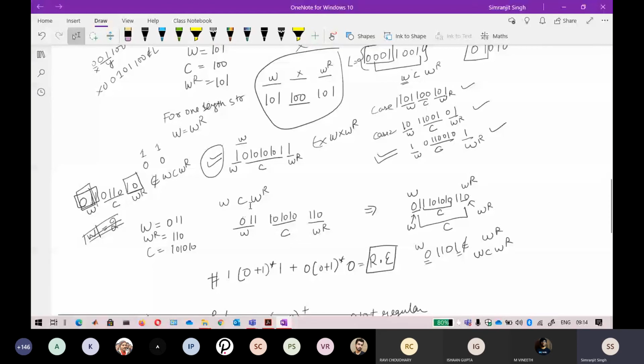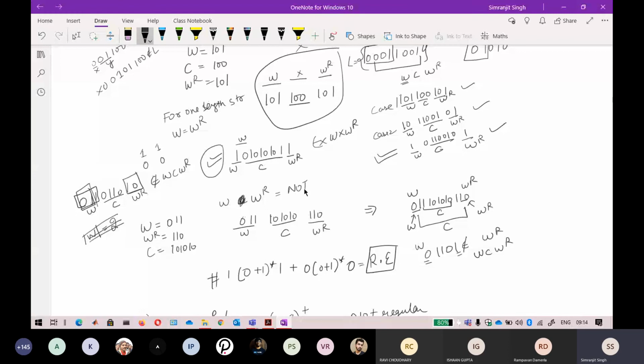So if we remove that C part, then it will be a regular expression? If I fix the C part, yeah. If we remove that C part, just WWR, that is not regular. So that is a plain thing you have to remember. You have seen W, now you have to reverse whatever is in W. So you have to remember the W part, only then you can reverse it. So that will not be your regular language.